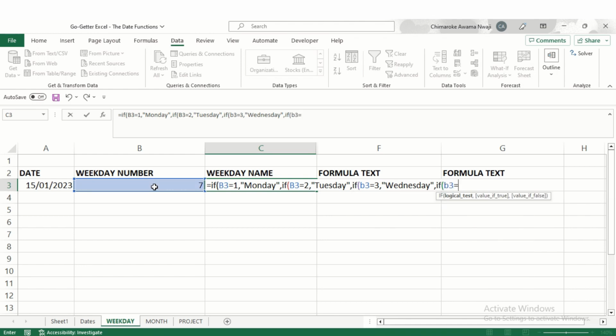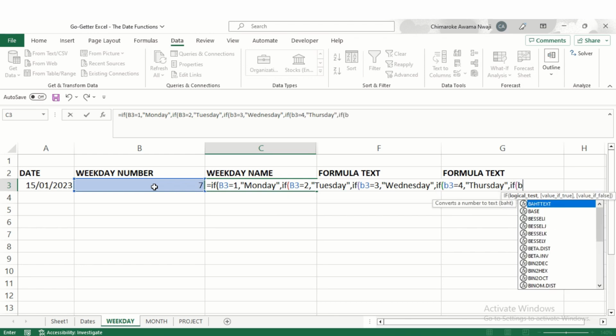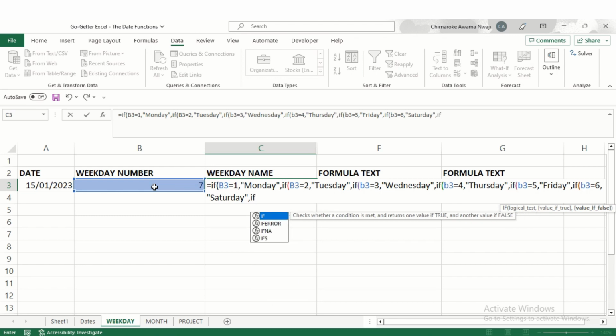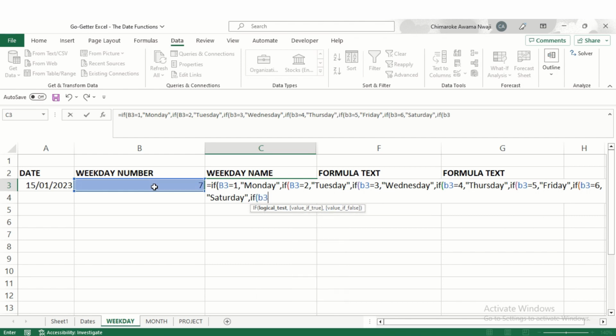B3 equal to 4, Thursday, comma, IF B3 equal to 5, comma, Friday, IF B3 equal to 6, comma, Saturday, comma, IF B3 equal to 7, comma, Sunday,